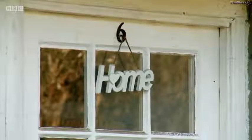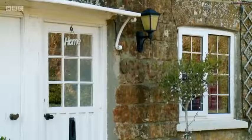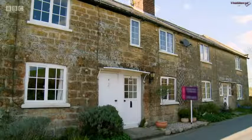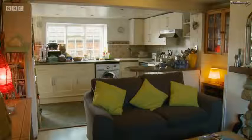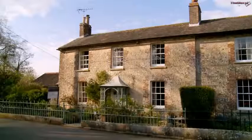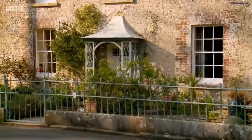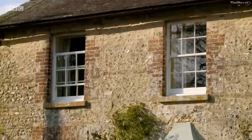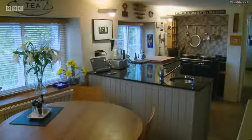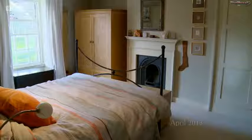If you want to put down roots in Dorset, you can still secure the village life with period stone cottages such as this 2-bedroom terraced house in Piemore, just north of Bridport, on the market for £210,000. Should your budget stretch a little further, then this Georgian Grade 2 listed 3-bedroom semi in the classic picture postcard village of Bradford Peveril is full of character. This home is available for offers in excess of